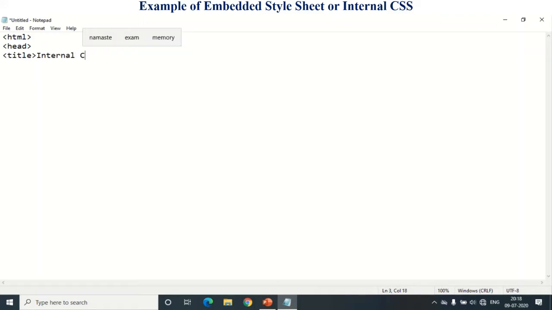I want to give the title internal CSS demo, and close this title tag.